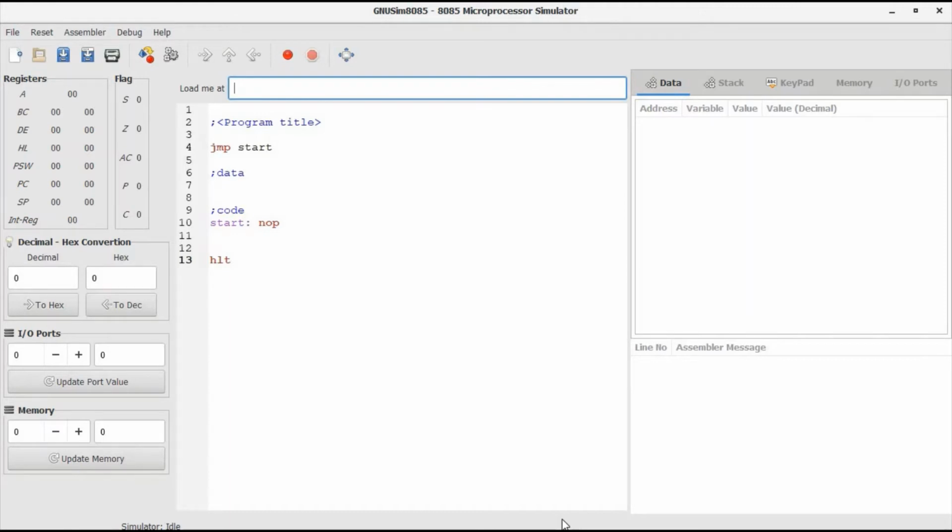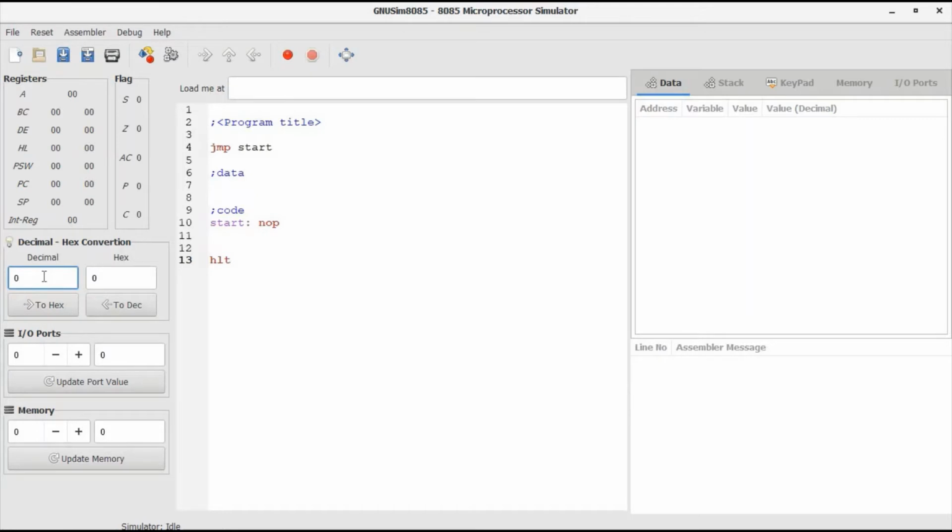First of all, I'll tell you about this simulator and then we will start the programming. This simulator has a very good feature to convert decimal numbers into hexadecimal and hexadecimal numbers into decimal. This window on the left hand side is to convert decimal number into hexadecimal number.